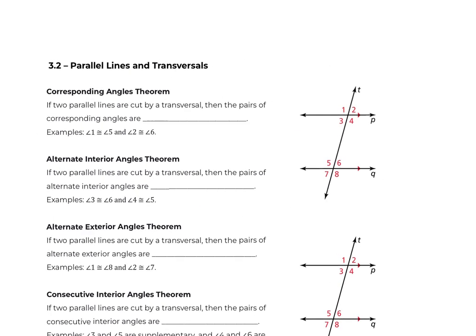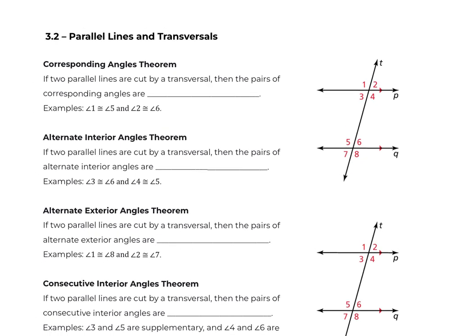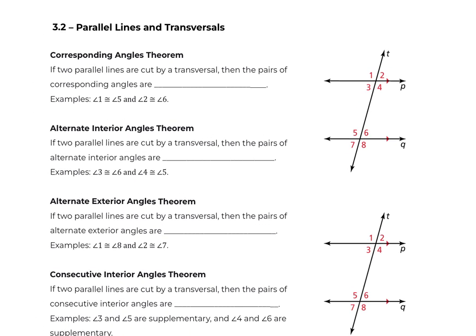So the most important thing right here is that P is parallel to Q, okay? And we're going to talk about that right from the start here. If P is parallel to Q, which it is in this case, okay, P and Q are parallel to one another, and we know that without a doubt because of the arrow that's on those two lines, then we're going to talk about the relationship of